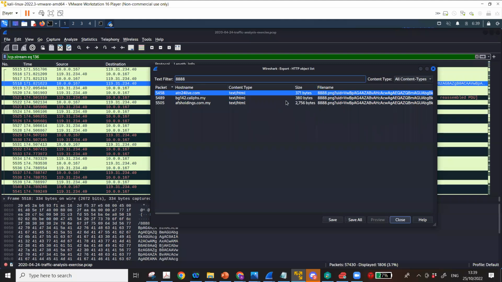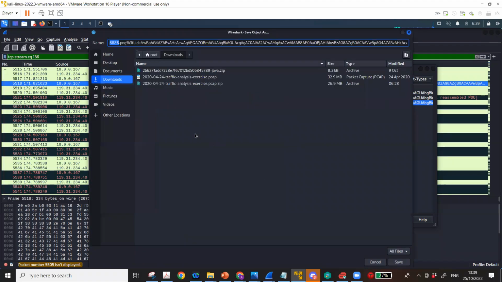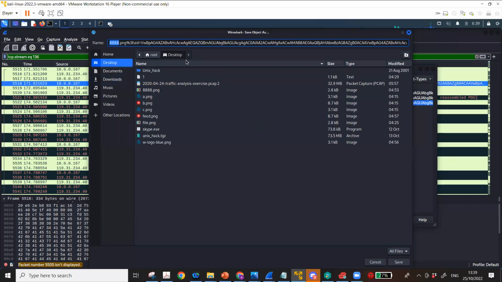But in any case, the method is this: once you have that file, so let's assume that this is the biggest size of the file, and I'm assuming that this is the file. I will select it and save it on the desktop, and there's a random name here, okay? So you can always change the name. I'm just going to call it dojo.png,